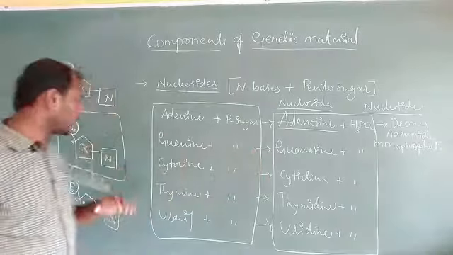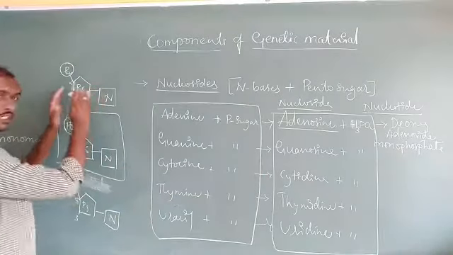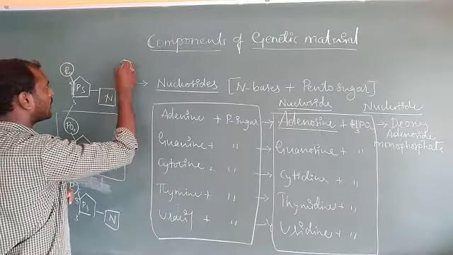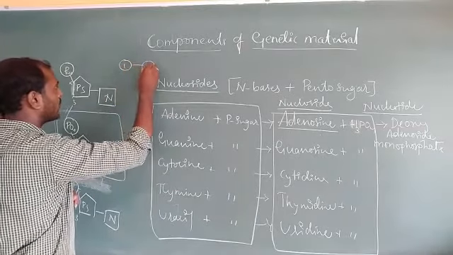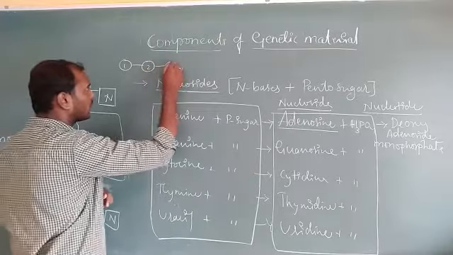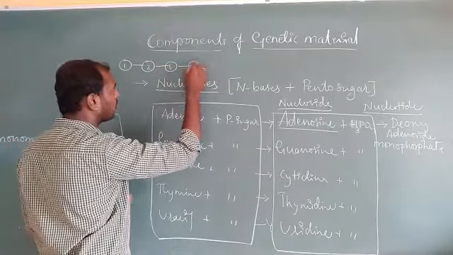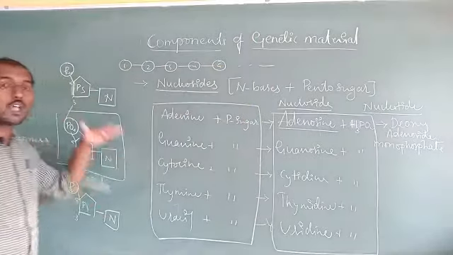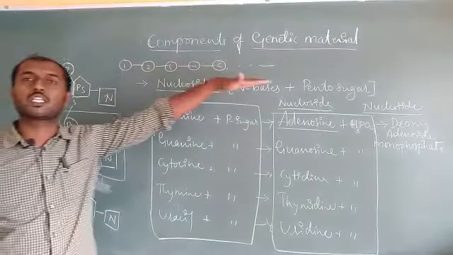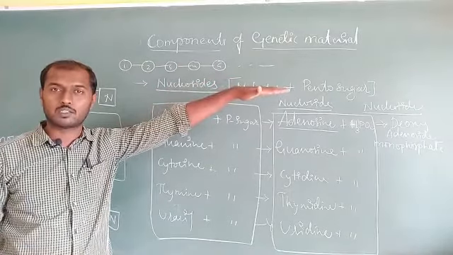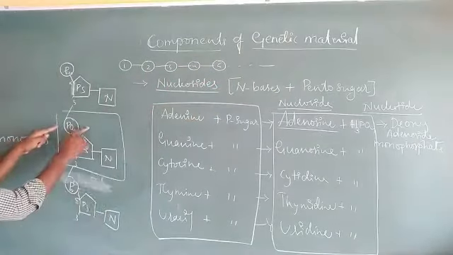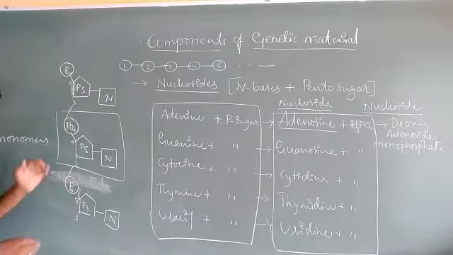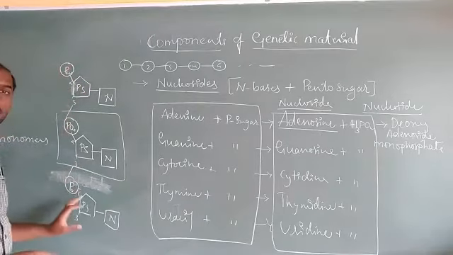Okay, taking all of this together as one unit, this is one unit that is going to react with a second unit, which is going to react with a third unit, which is going to react with a fourth unit, which is going to react with a fifth unit, and so on. Okay, this is how a long single strand of DNA is going to be constructed. You can see here one unit, second unit, third unit. This is how the DNA is actually going to form.